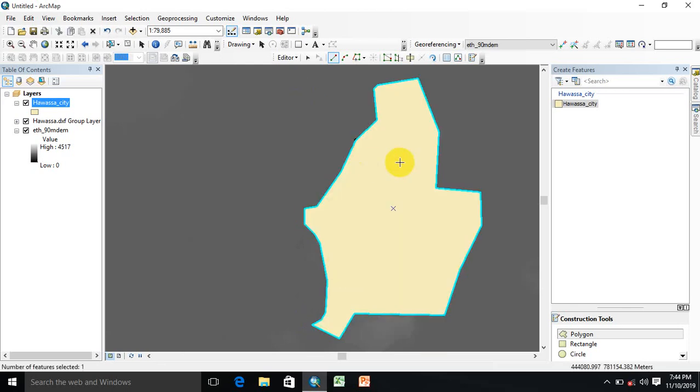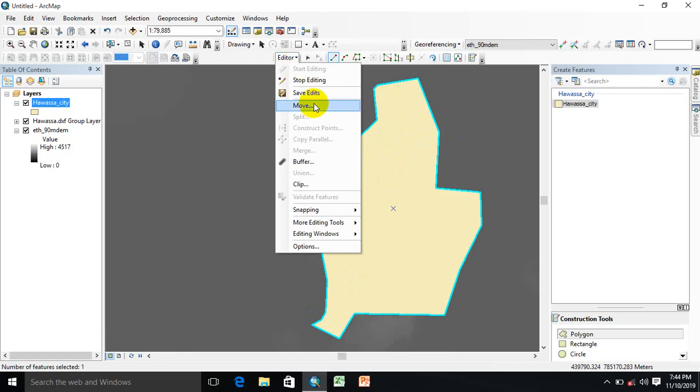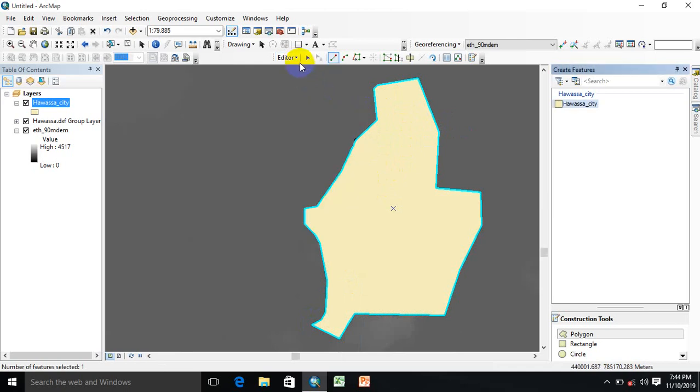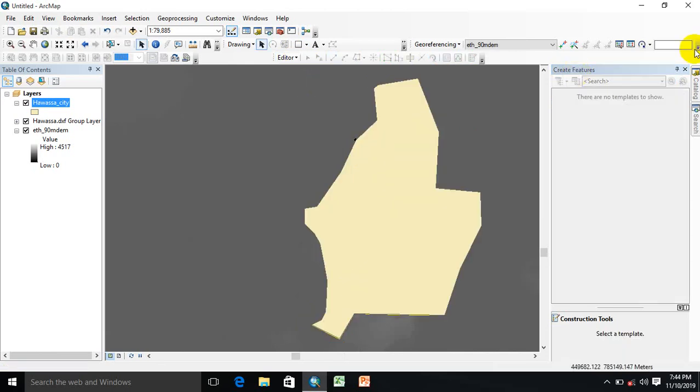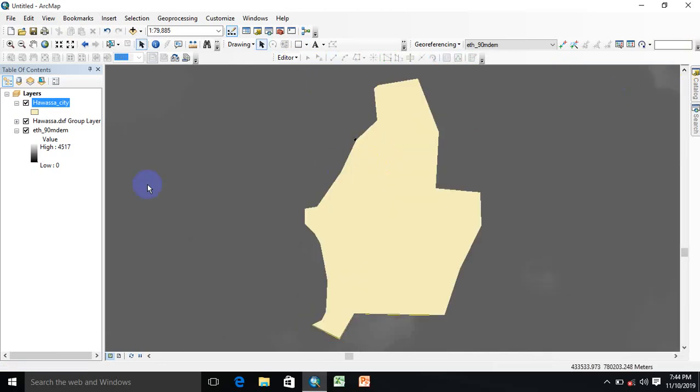Okay, so when you finish, just finish sketch, and you have already finished the Hawassa city shapefile, and you have to go to the editor toolbar and save it. After that, just go to stop editing. Once you stop editing, you already have the Hawassa shapefile. Even if I untick this, I already have this shapefile. So let's remove this one. After this, we need to